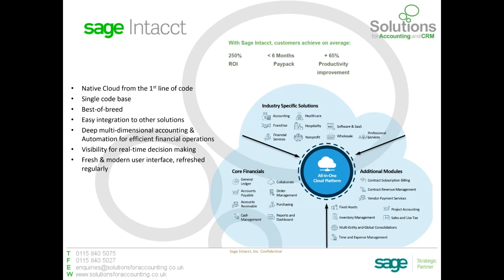So if you've got an entity which is in the UK and operates in a base currency of sterling, and then you've got another entity which is in Europe and operates in euros, when it comes to consolidation, there are rules and procedures around how you manage the exchange rates for your various transactions across that period that you're consolidating. The system effectively does that automatically for you, meaning that very quickly and very easily you get a consolidated view of your system and your company.